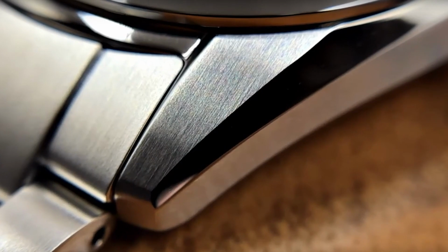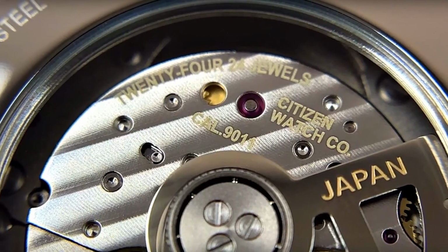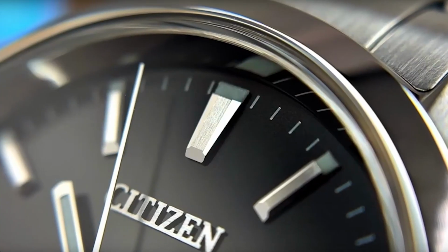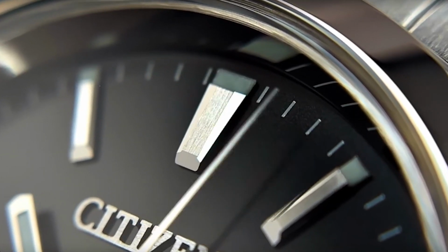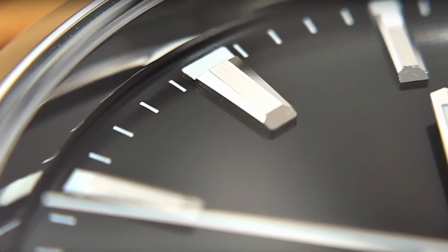Guys, look at that. Look at that edge on this watch. It looks just like a Grand Seiko watch with its Zaratsu polishing. This is beautiful. The details, the lines, this is very well made. Wow. The watch, how it's priced, the fact that you've got the Miyota 9011 movement inside this watch, which is basically the Miyota 9015, just a slightly different rotor with some cutouts. The specifications, those little touches on the applied indices that play with the light, those little cutouts. Everything about this watch screams